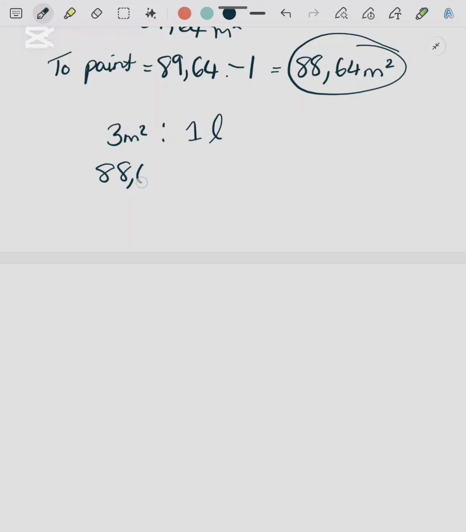I need 88,64 meters squared. How many liters? And it's up to you whether you can see, okay, you need to divide, or you can just go divide up, multiply across, and you're going to get to 29,55